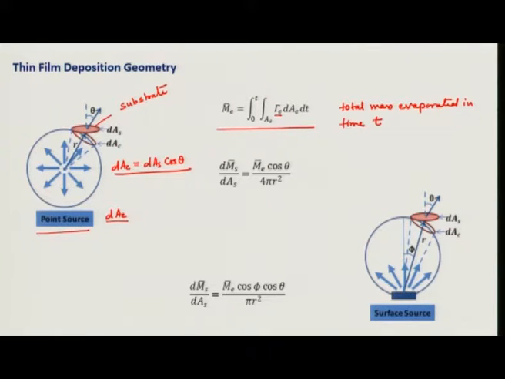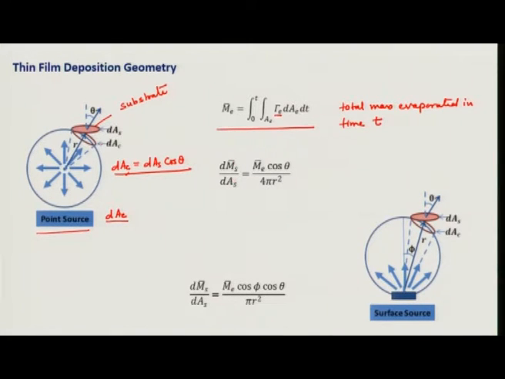Now, if I could have kept this area along the tangent of this sphere, then I would have collected the uniform dose of the material which is being evaporated. But since I have kept it at a certain angle, then I will have to use this area. This is the projected area. Now, this is the rate of deposition or deposition per mass per unit area.